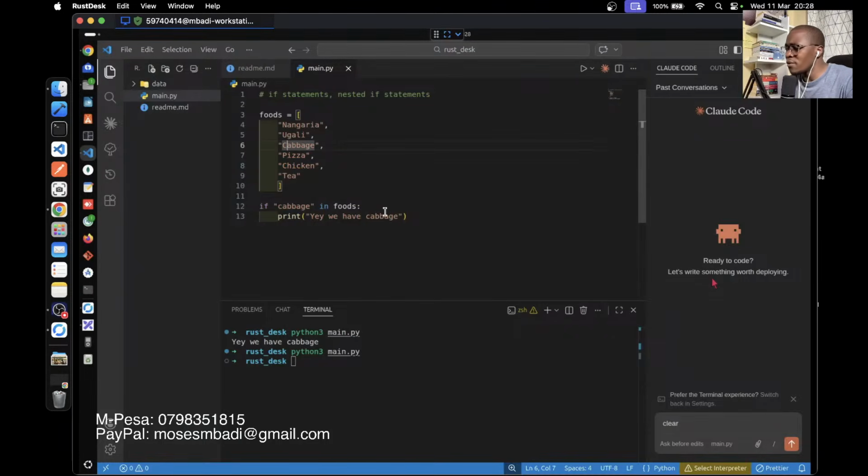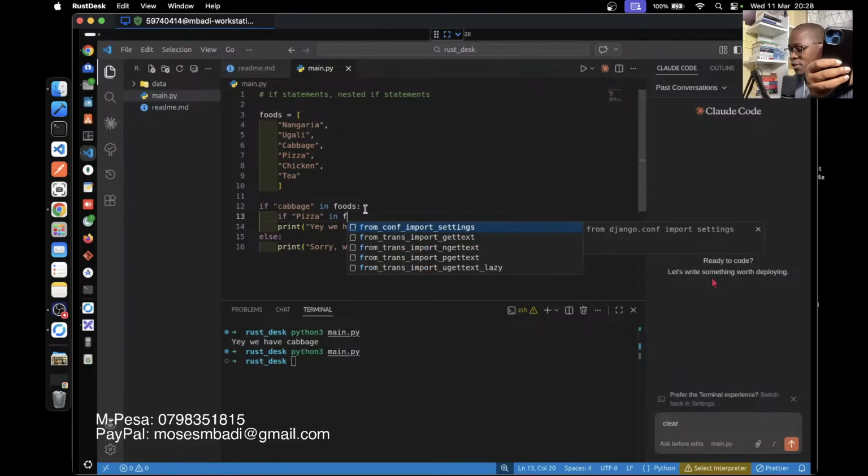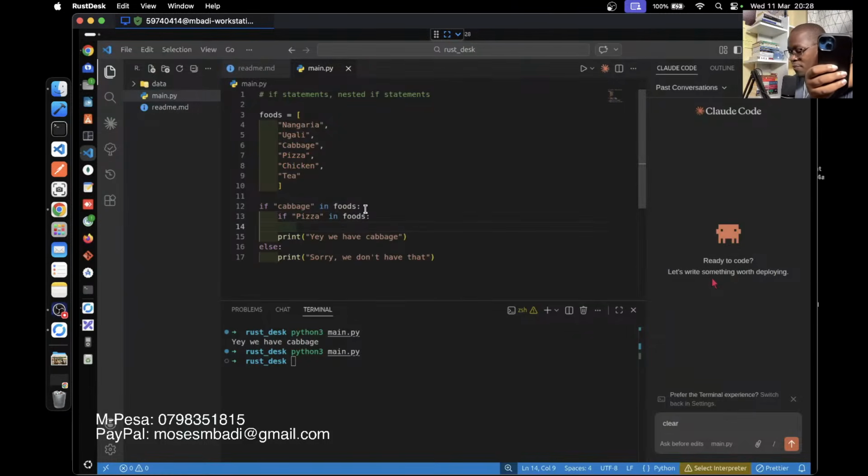But let's add an else here so that our code doesn't just go silent. Else we want to print, sorry, we don't have that. Okay, so let's look at nested if statements. Inside an if statement, we can add another if statement. We can say if pizza in foods, we want to print